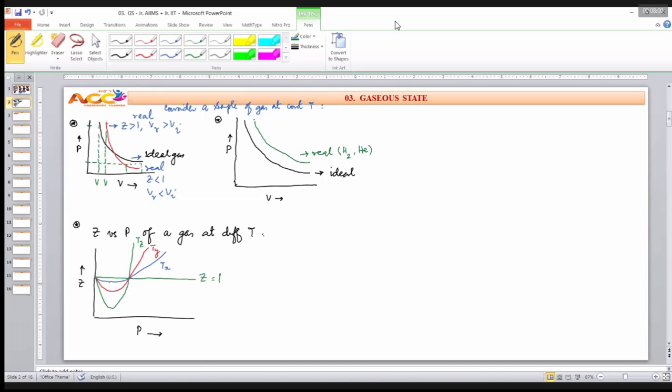This is the graph which is close to ideal. This is tending towards ideality. This is far away from ideal behavior. This is far away from ideal behavior. So those students who are thinking that the answer is Tx, the high temperature, yes, they are going on the right